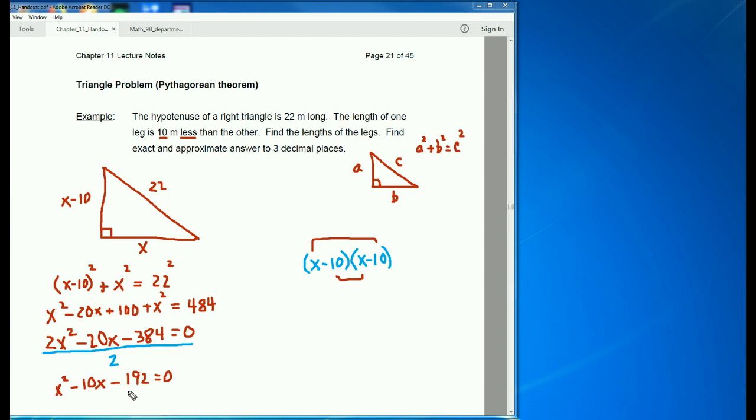I don't know if it's factorable, and if it's not immediately obvious, then just use the quadratic formula. So A is 1, B is negative 10, and C is negative 192. Plug them in. X equals negative B, so that's going to be positive 10, plus or minus the square root of